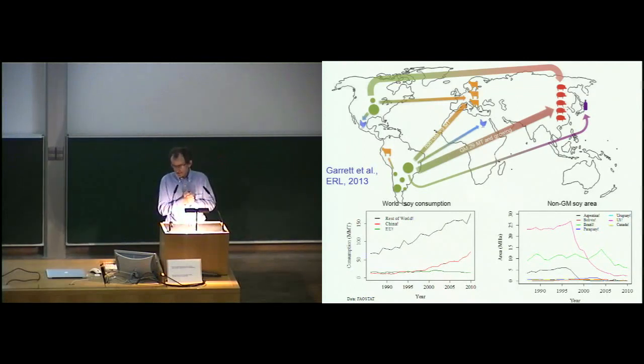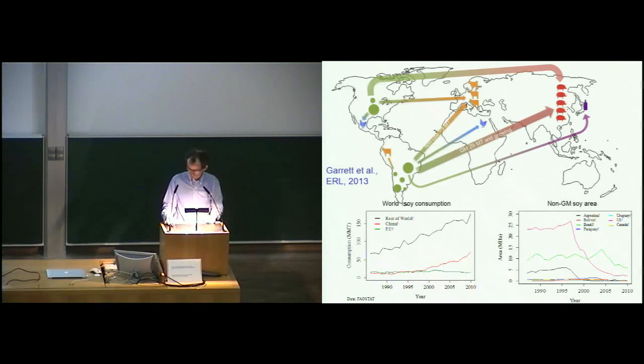The market, the supply chain for soybean are separated, distributed between the GM, that's mostly GM soy, mostly sold for China, and the non-GM, mostly sold in Europe. But what Rachel Garrett has shown is that these producers got a very high market share with the European consumers. Therefore, they also become much more exposed to the preference for European consumers for sustainable soy. And the rate of adoption of various eco-certification schemes among these farmers that were selling non-GM soy to Europeans was much higher than compared to the other regions that were selling this GM soy to China or other places in the world. So you see how these trade relationships can also affect the ability to adopt some of these